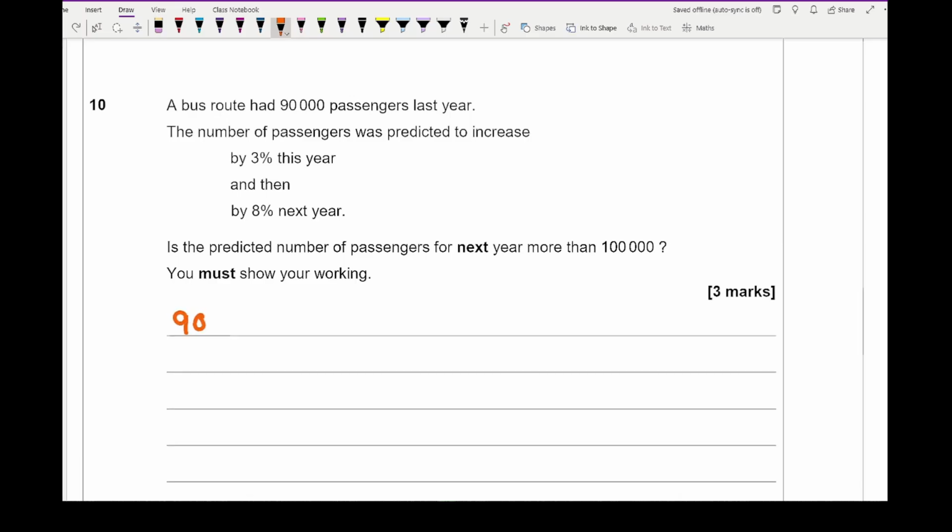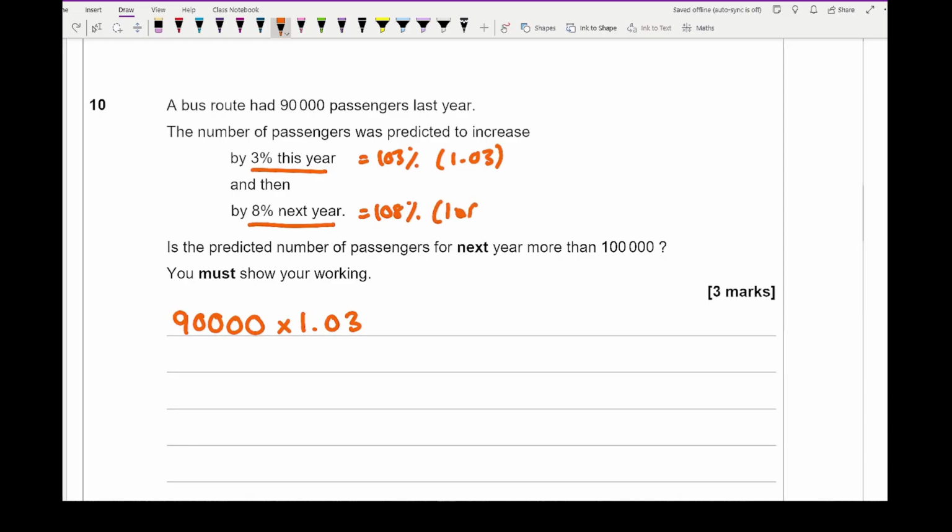Well, if we start with 90,000 and we're doing a 3% increase, remember we always start with 100%, add 3%, so that's going to be 103%, which as a decimal is 1.03. Then we're going to do another 8% increase, so that's 108%, and as a decimal that is 1.08. So if I multiply 90,000 by that and by that, all I've then got to do is type that all into my calculator,